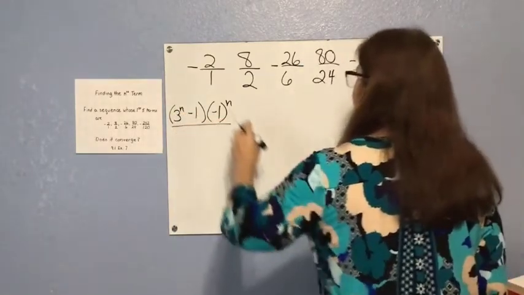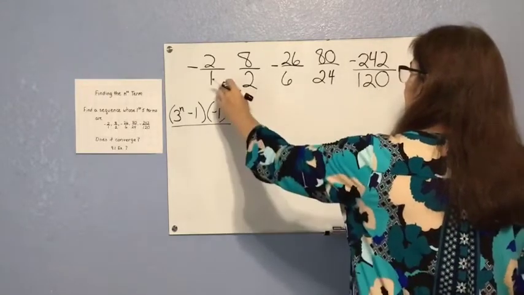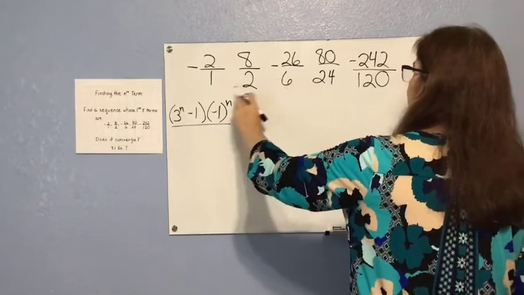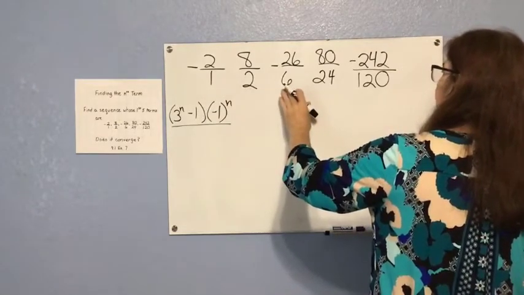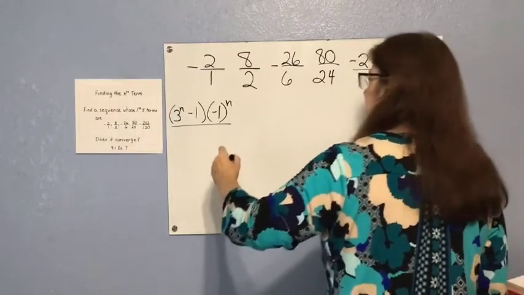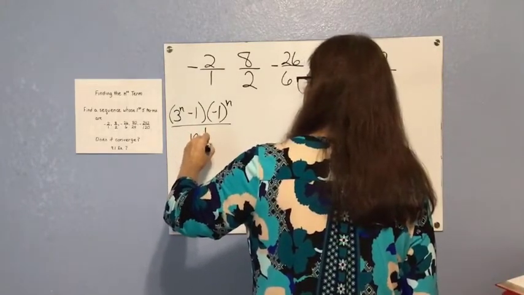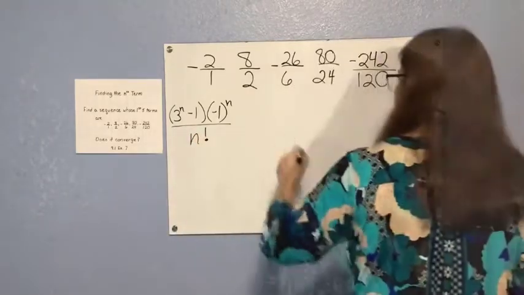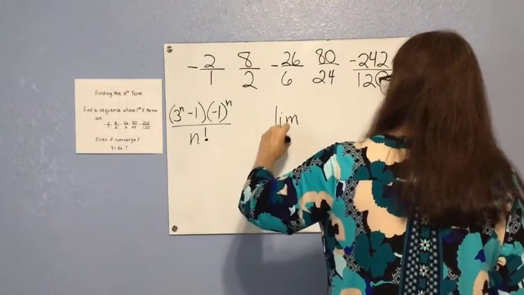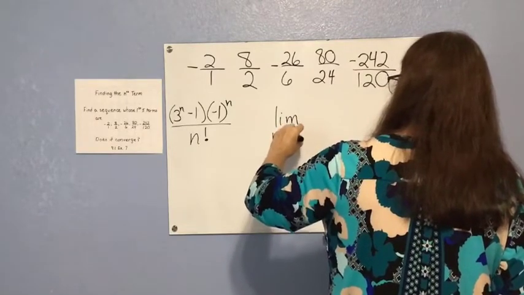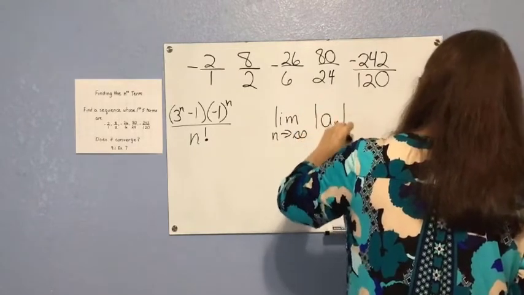When I look at my denominators, I can see that these are the factorials. This is 1 factorial, 2 factorial, 3 factorial, and so on. So for the denominator, I'm going to write n factorial. Now I want to find the limit as n goes to infinity of the absolute value of a sub n